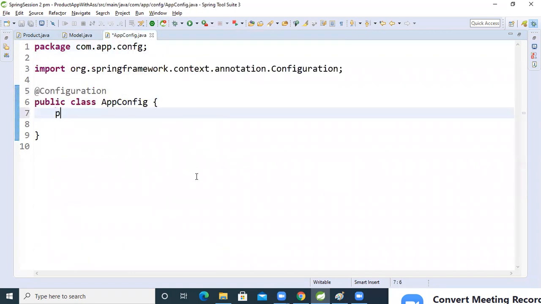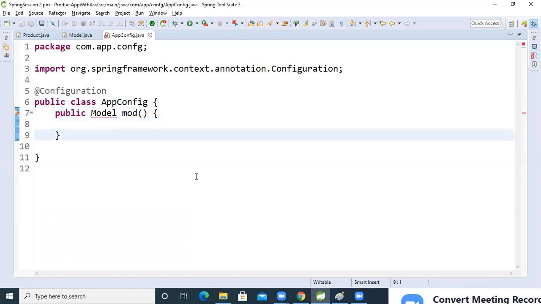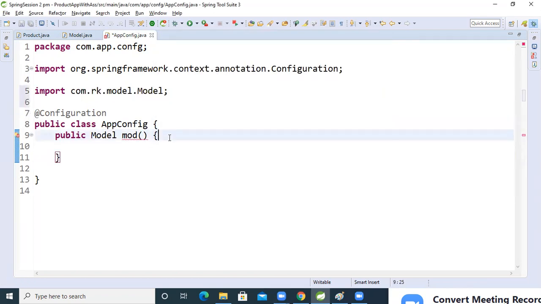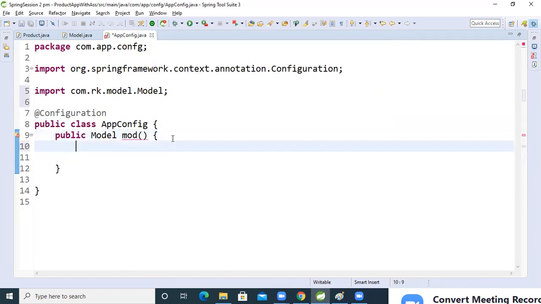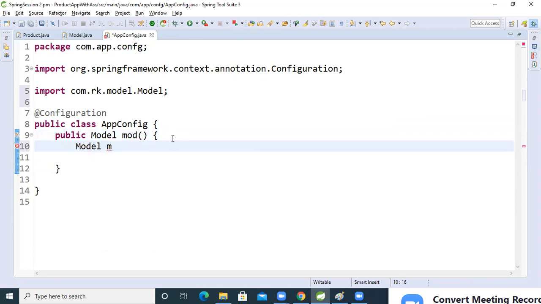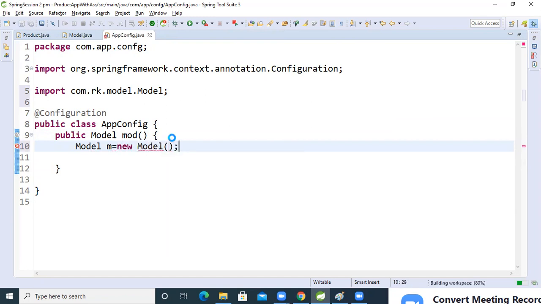So now public Model, I'm taking mod. Now control shift O to import the Model class, and finish it. After that, Model m = new Model().